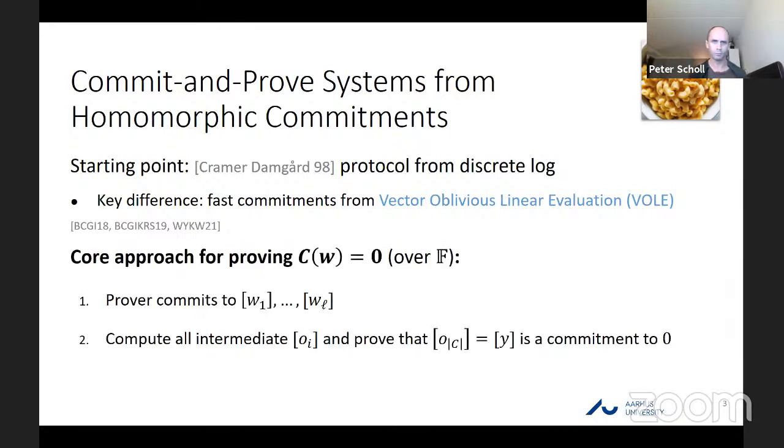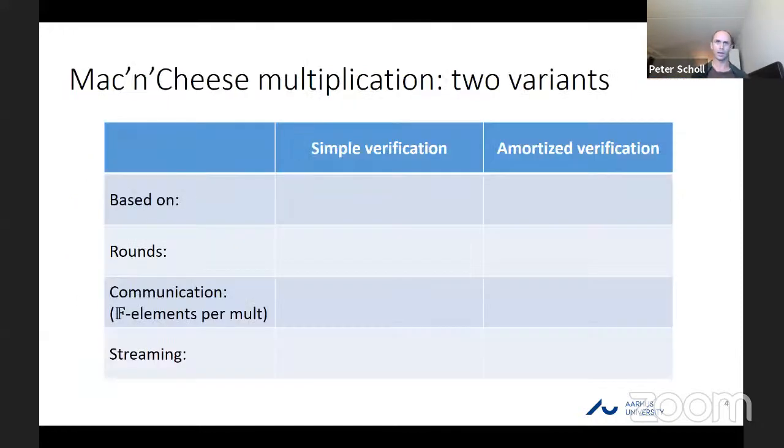And given this, the rough approach for proving satisfiability of an arithmetic circuit over fields is for the prover to commit to the witness using this homomorphic commitment scheme, then additionally commit to all intermediate y values, prove that these y values are consistent with each other, and finally prove that the output wire is a commitment to 0. So of course, the main challenge here is proving consistency of the internal wires, where the hardest part is to